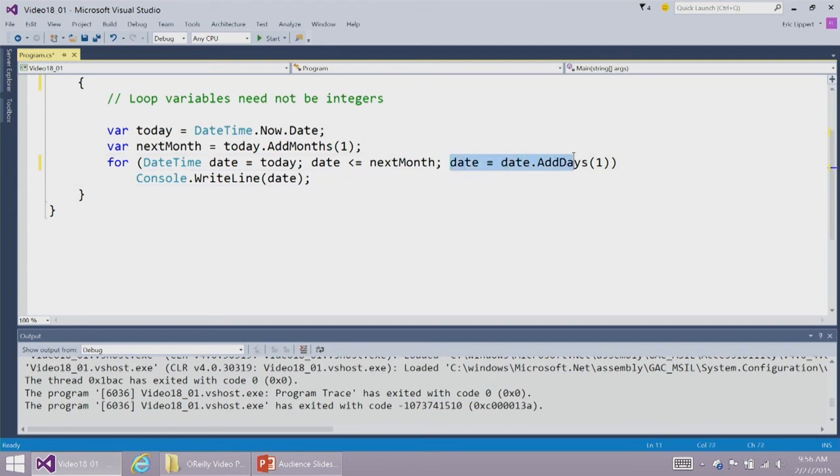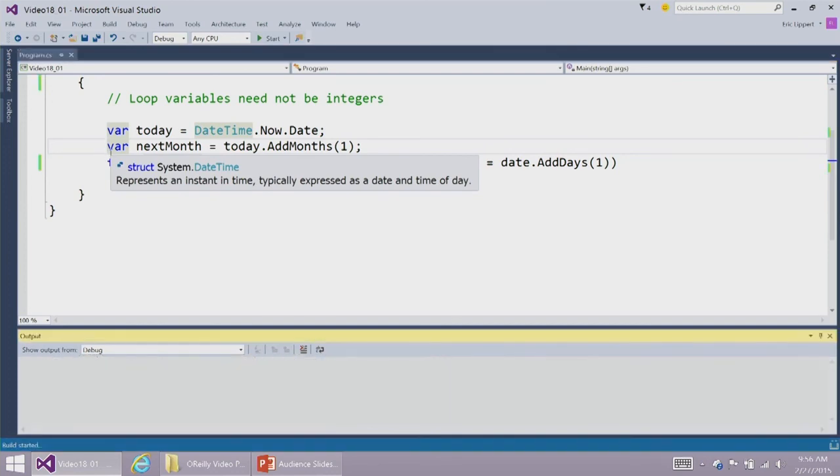And then we can say, oh, we need to change the value. We need to have an iterator here that changes the value of our loop variable. Well, how are we going to do that? Well, we'll take the current value of it, we'll add 1 day to it, and then we'll use that as the new value. And then we'll write out the date, right? And so if we do this, then you'll see that as we step through it,